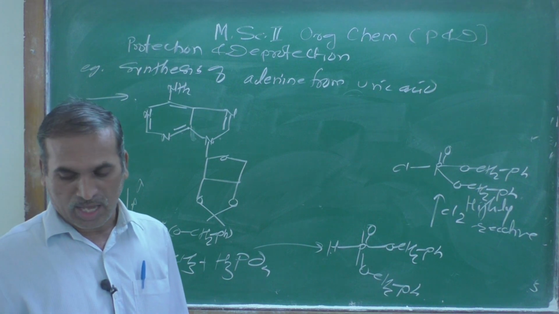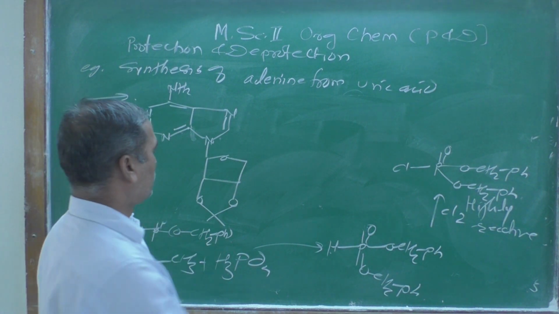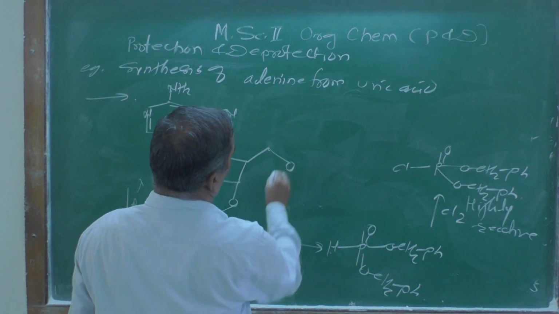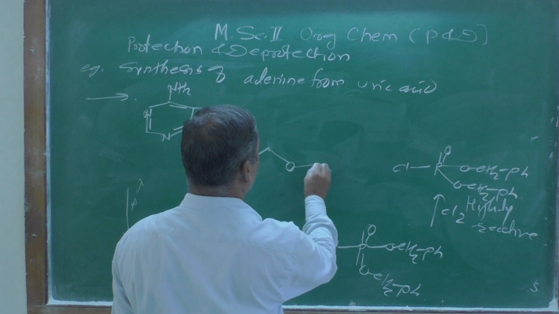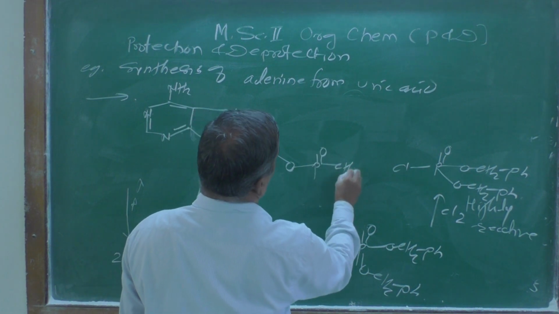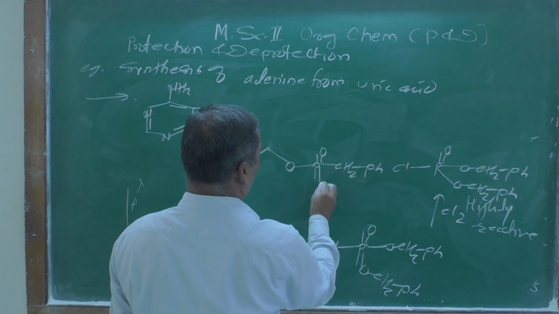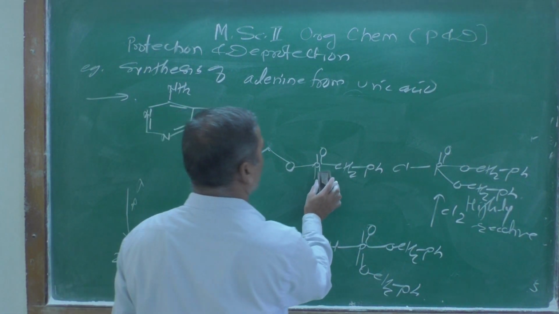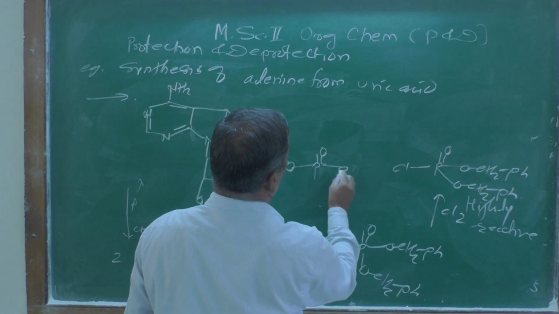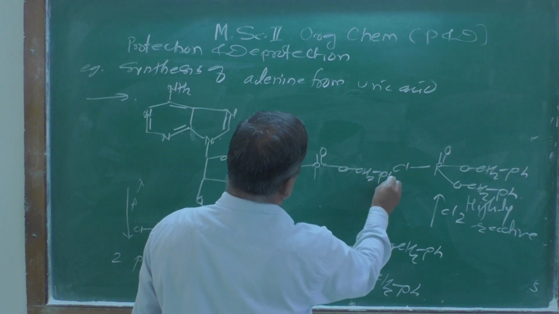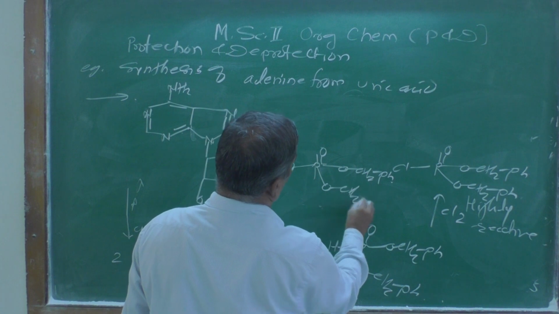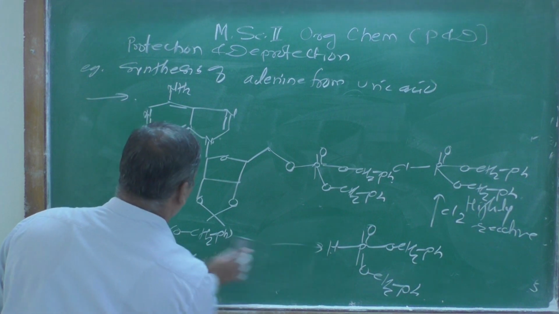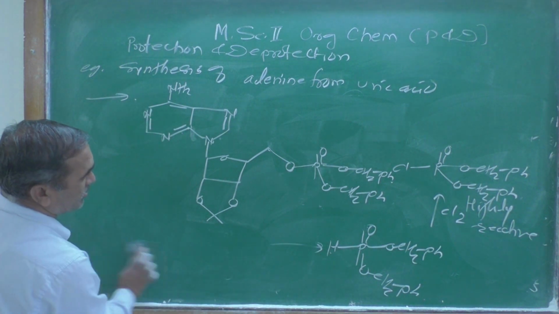Further 1,2 diol protection we have already seen, and here you are going to get CH2, then Ph, and then P double bond O, then OCH2Ph, another one OCH2Ph. This is the product we are going to get,